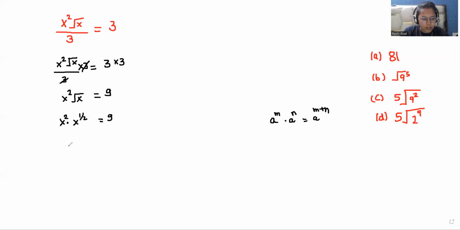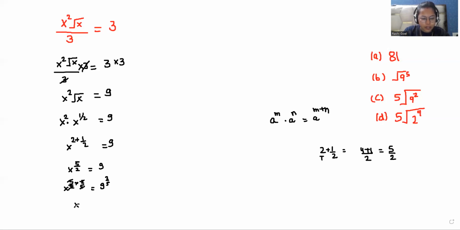So I'm going to apply this. So x power 2 plus 1 by 2 is equal to 9. So x power 2 plus 1 by 2, if I take the LCM, so 2, 4 plus 1, that is 5 by 2. So x power 5 by 2 is equal to 9. If I multiply both the powers with 2 by 5, then 9 power 2 by 5, and I eliminate it. So x is equal to 9 power 2 by 5,